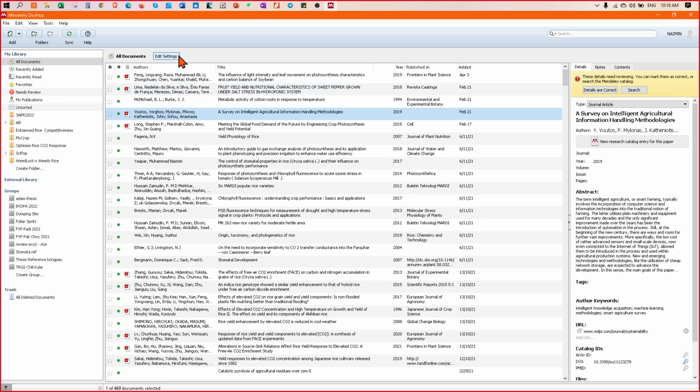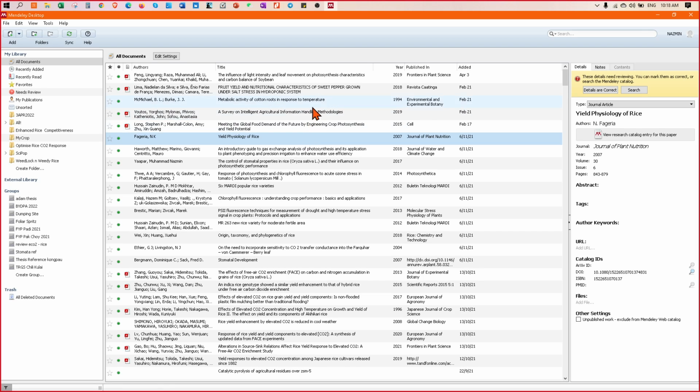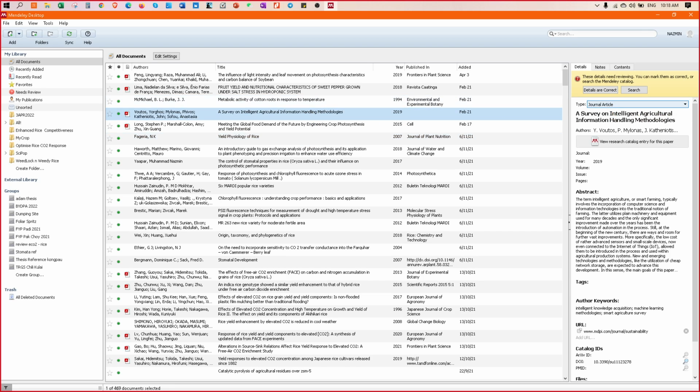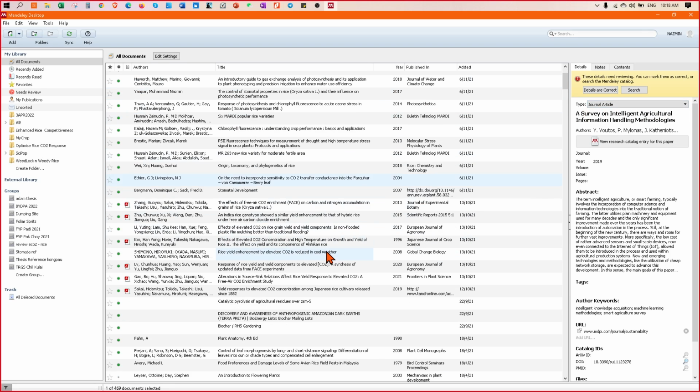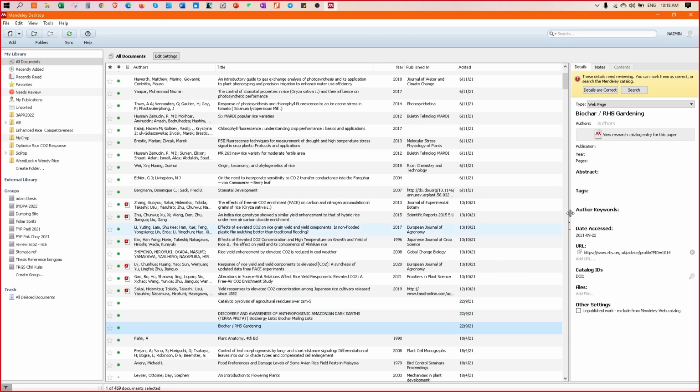Make sure that the title column is not empty, the year is not empty, the publisher is not empty. One thing: if it's from a journal, it should be a journal article. If it's from a web page, it should be a web page, because some of you are quoting from various URL links.